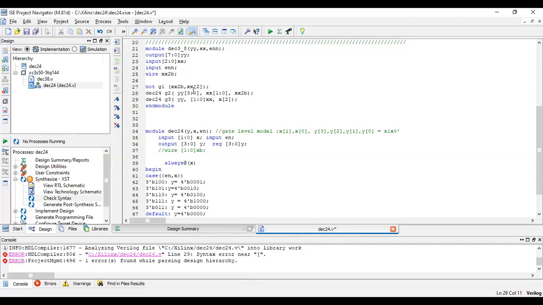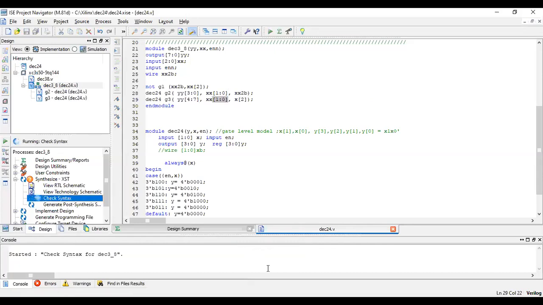But when you're declaring it as signals, it should be 4 down to 7. And here it is 1 down to 0. And it is x of 2. Here only you can see I've declared it as x of 2. That means the square bracket should be afterwards, which means xx of 1 and xx of 0. So let us check the syntax.